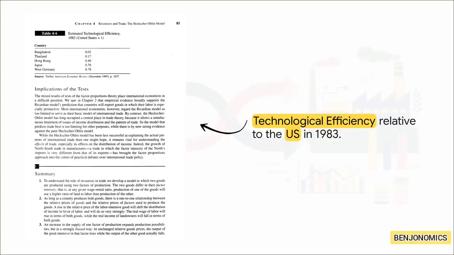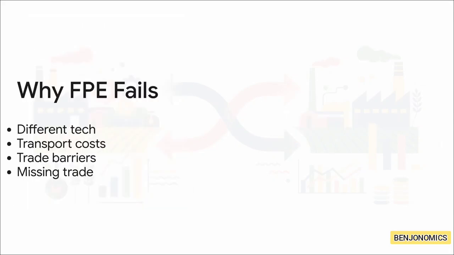So, where did we go wrong? Remember that fragile linchpin assumption I warned you about earlier? The one about identical production technologies? Yeah, data from 1983 totally shatters it. If we set the United States' technological efficiency at 1, West Germany was at 0.78. But for Bangladesh, its technological efficiency was a mere 0.03. The core assumption that all countries share identical production capabilities, habits, and organizational structures was just fundamentally flawed from the start. To summarize our findings today, perfect factor price equalization largely fails in the real world